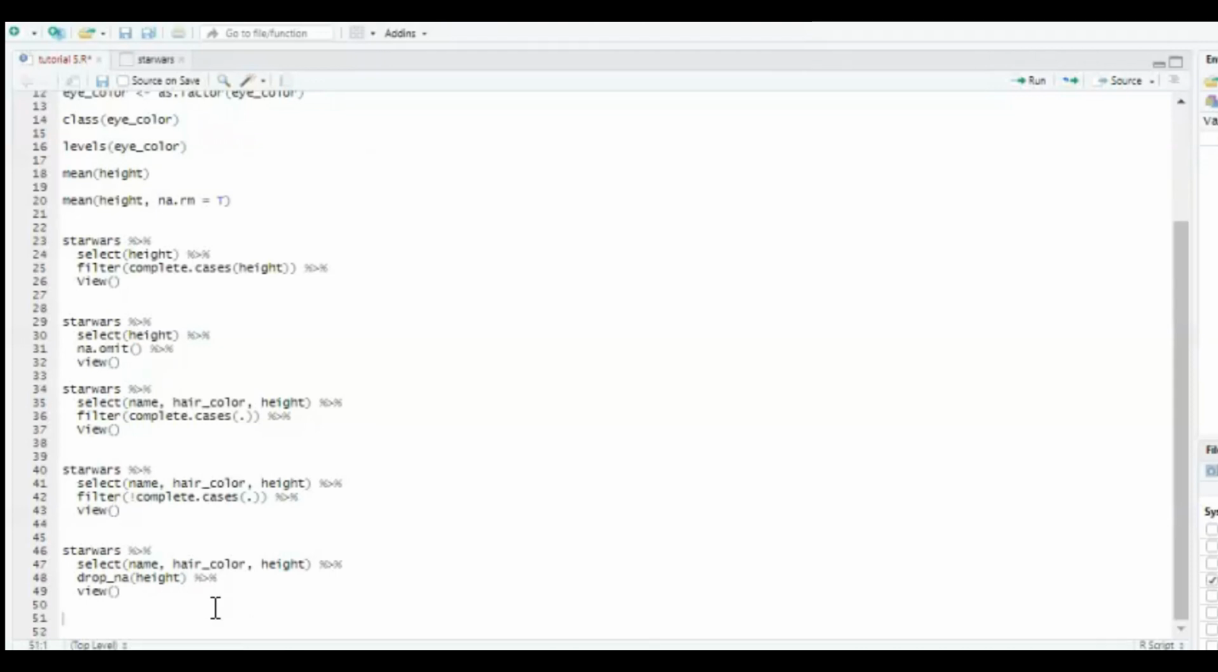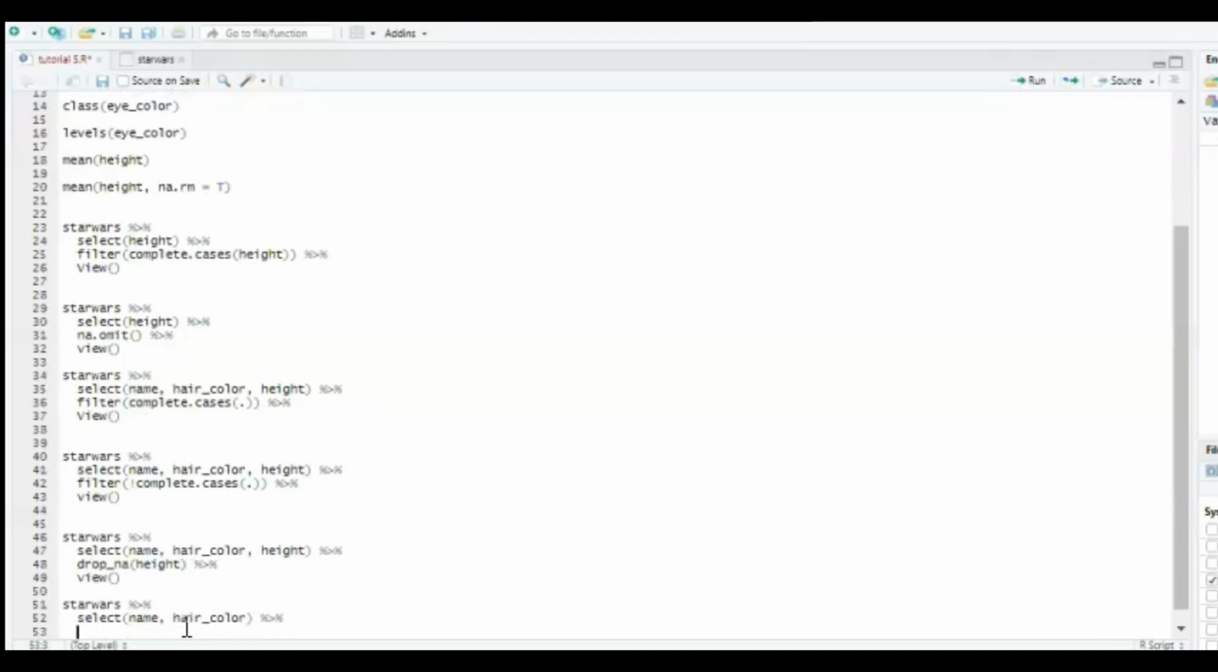How do we do that? Well, first of all, we start again with Star Wars, then the pipe operator, then select, and in this case, name and hair color, and then the pipe operator again, and then mutate, which means that we're going to alter a variable, which is going to be hair color, and hair color is going to be